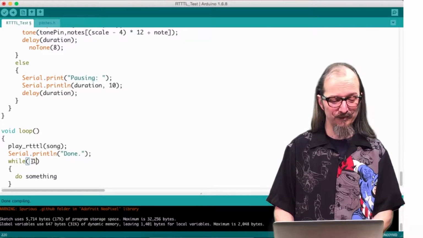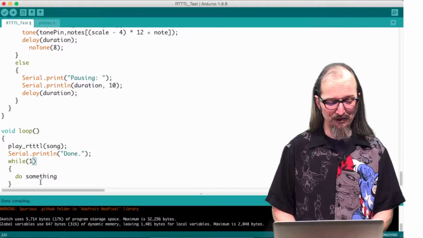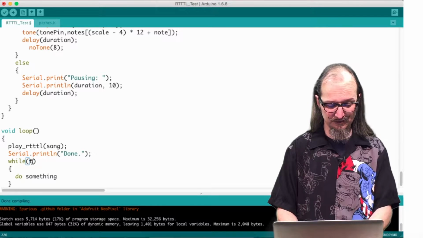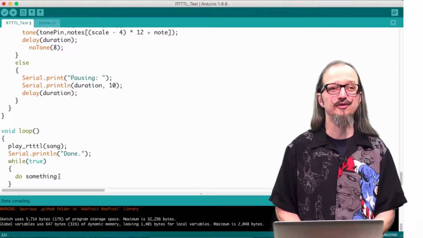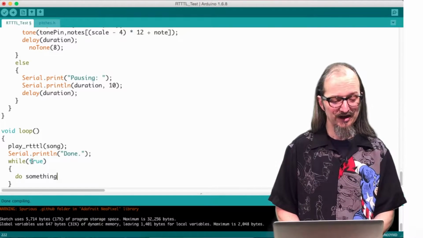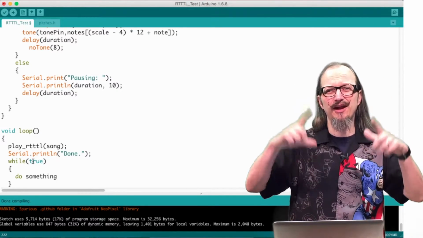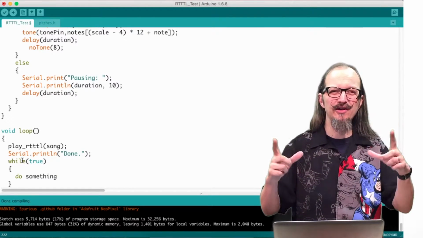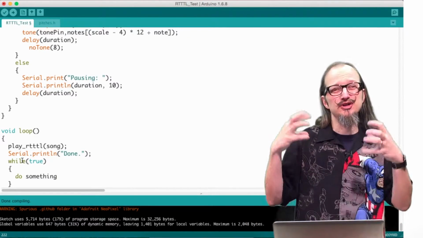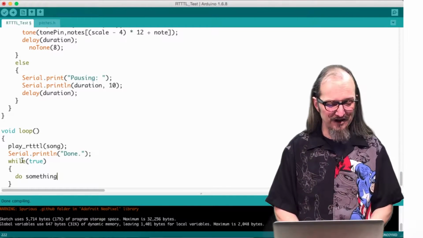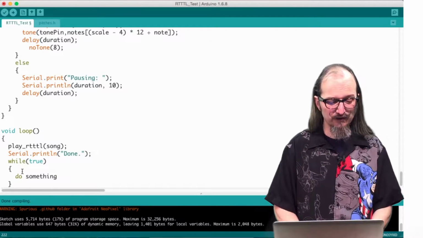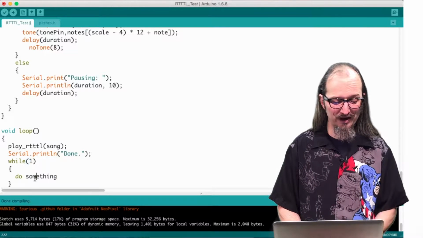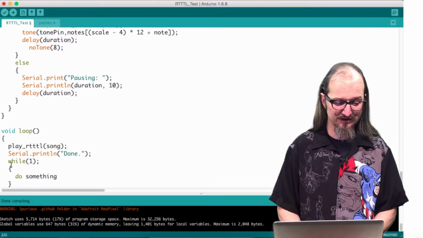So if I say 1, what we're really saying is the same thing as saying true. I could also say while true. Not so bad, right? So while is looking for an argument, and that argument is either true or false. By doing an equality or an inequality, that returns a true or false. That's what while is looking for. So if I say while true, it'll keep doing this over and over again, and we'll never leave our while. Well, in Arduino, 1 and true are synonymous.